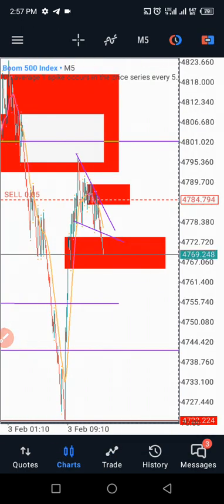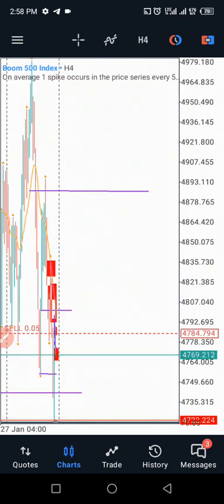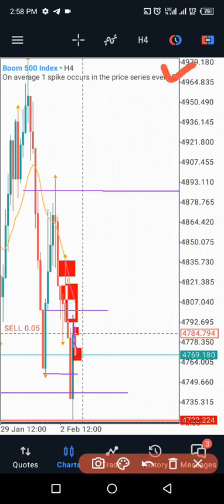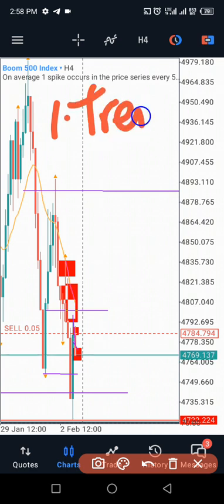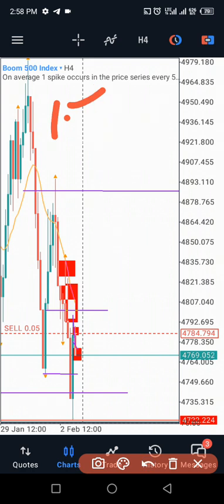Remember, the first thing you want to do is to go to your 1 hour time frame or the 4 hour time frame, and then determine the trend of the market. So as you can see, the trend is a downtrend. Okay, so it is clear that this is a downtrend, and then the next thing you want to do is